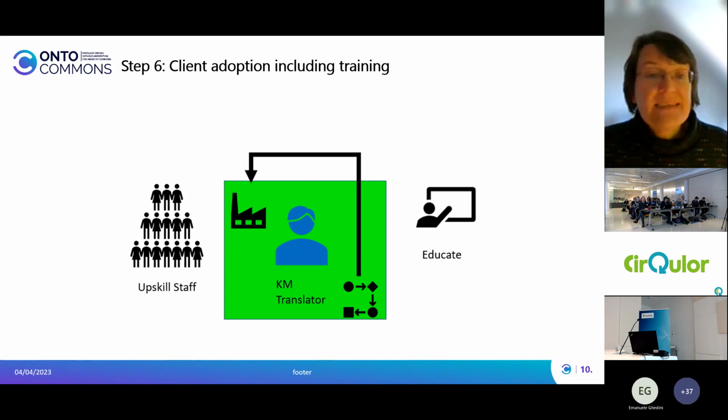So we have this in place. How can people work this? It's about upskilling the staff. It's about really letting something back in this company they can actually use on a corporate level. So education is very, very important. Never let somebody on their own, because they will never use it, again, if it's very complicated. So this is the 6 steps we offer.